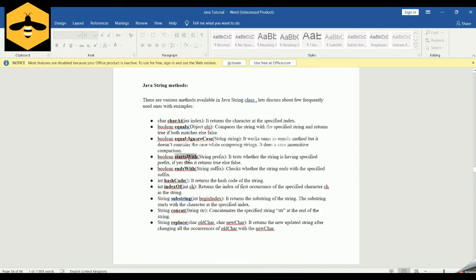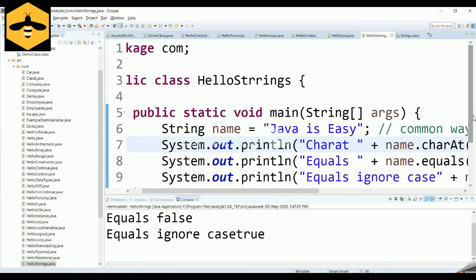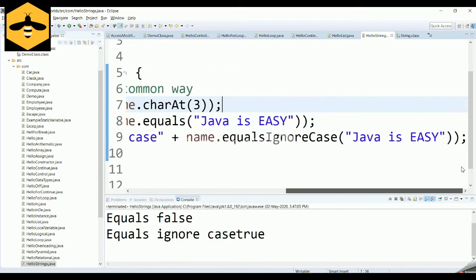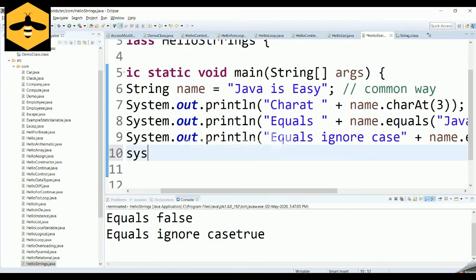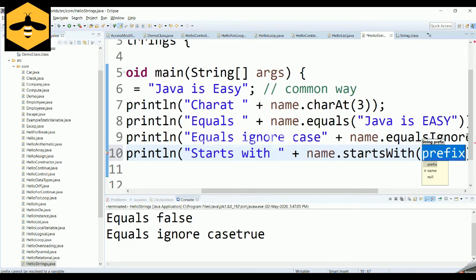There are some other methods called startsWith and endsWith. Whatever character or string you supply, it will compare that prefix with your string and say whether it has actually started with that string or not. To explain it briefly, let's create one other SysO and see the working of that method. We are going to make use of the startsWith method. What is going to be the outcome? My string actually starts with Java.